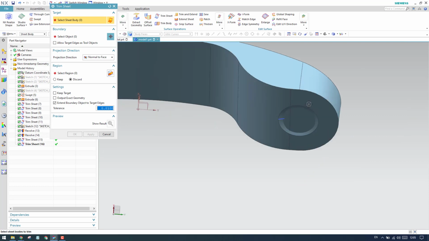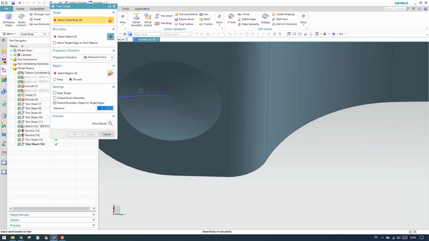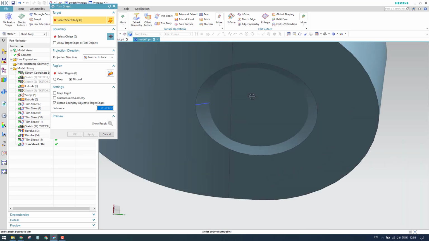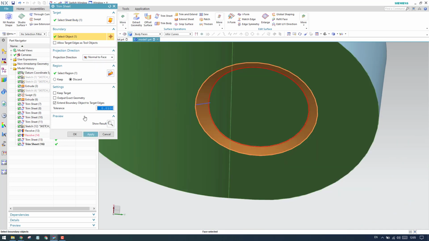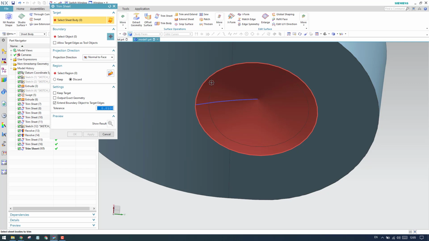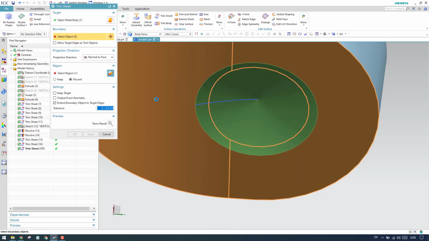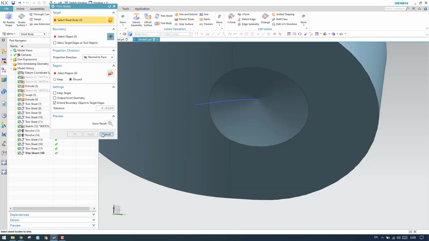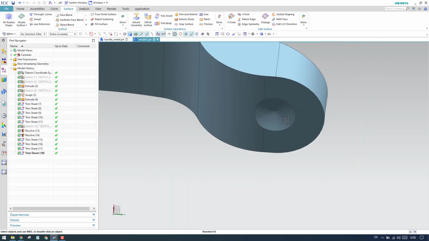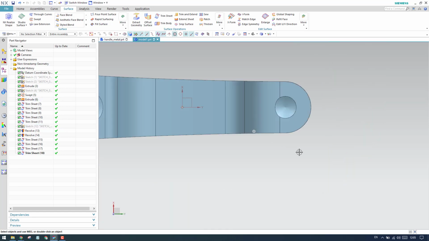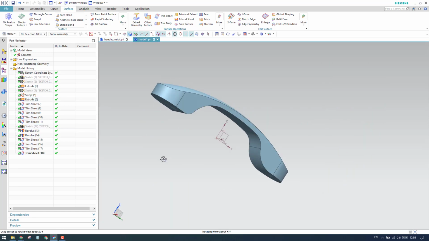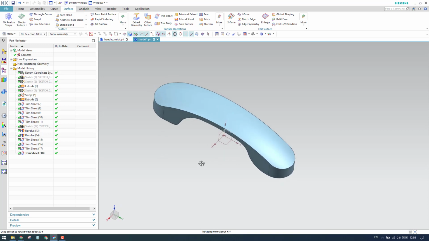So now as you can see here, we have a simple feature. In the same way I'm going to do it on the other side as well. So I'm going to trim this sheet using this sheet. Click apply. This sheet using this. Click apply. So now as you can see here, we have two features on this side and this side.